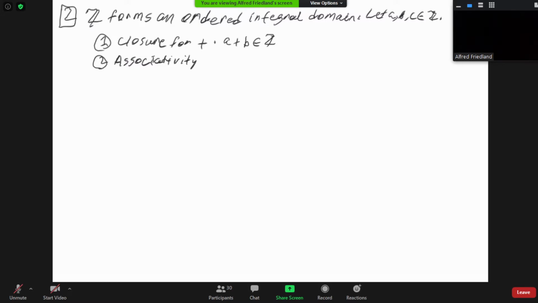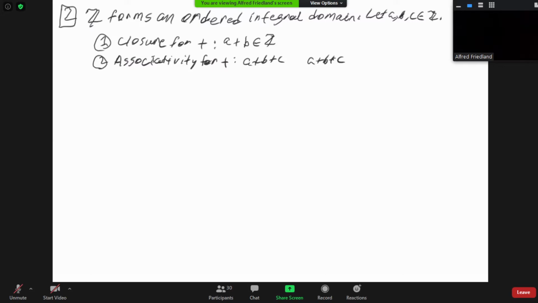Associativity for addition, or the associative property. Some people say the associative law. So as we were saying Tuesday, if you have 3 numbers,